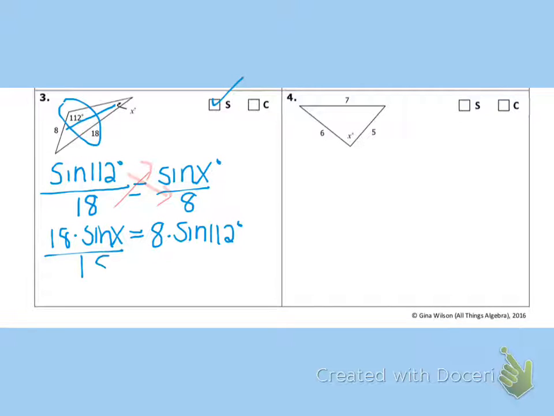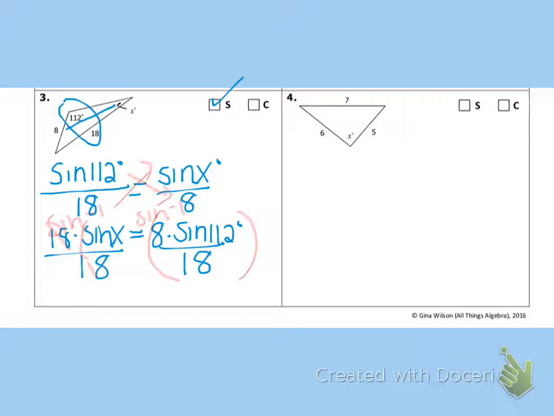If we divide by 18, and I mean, you could figure out what this whole thing over here is as a decimal, but really it's not necessary on our calculators because it does multiple operations. We could just go ahead and do this all at once, because now the next step is, once we cancel out that 18 on the side, we're going to take the inverse sine. So if we go ahead and take the inverse sine of that whole amount,